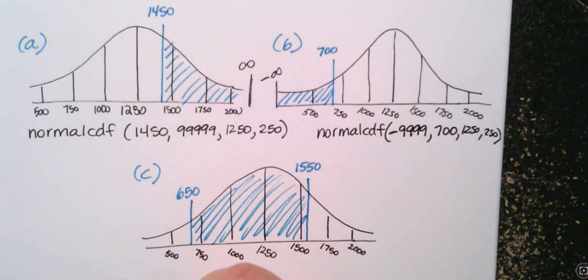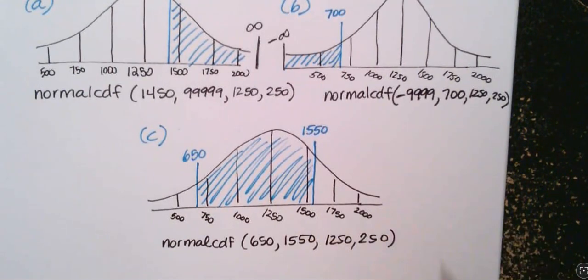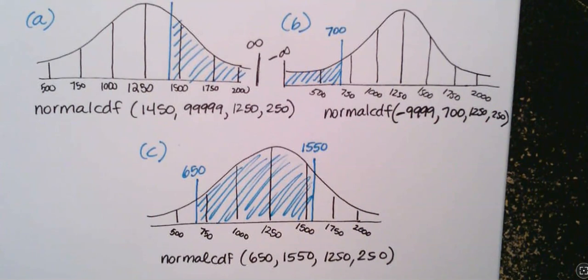And then down here is a little bit nicer because we do have two boundaries. 650 on the left, 1550 on the right, and then our mean, and then our standard deviation. Sorry, you can't see that very well. So these are what you're typing in for each one. Okay, when we type in A,